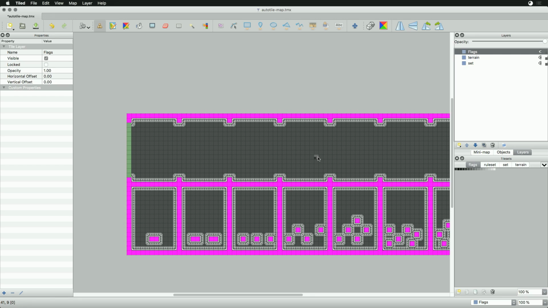What I need to do is I want to make these markers. My plan is to use these markers, or these flags, as a way of telling when something is solid or not. What I'm just noticing though is that the